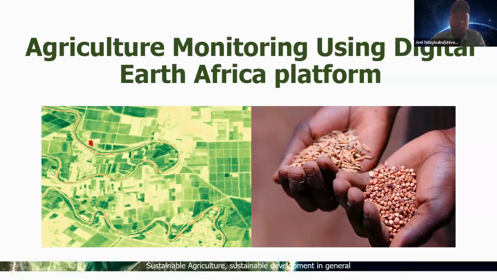I'm happy to welcome you to today's session, where we are going to dive into agricultural monitoring using the Digital Earth Africa platform. We see that nowadays our world is challenged by food scarcity, and different digital monitoring systems can be the better solution to be employed for agriculture challenges, diversification, to reduce those agricultural issues or agriculture shocks.